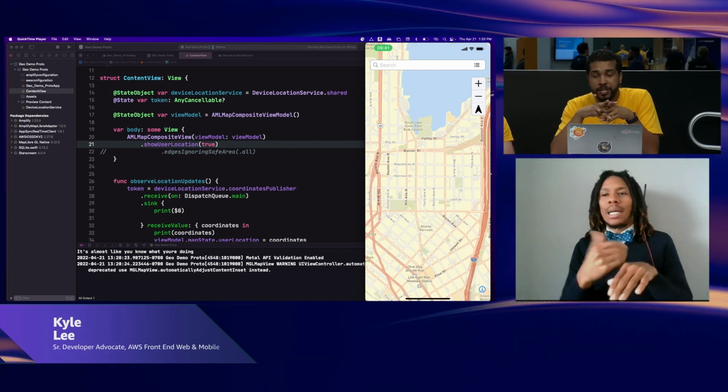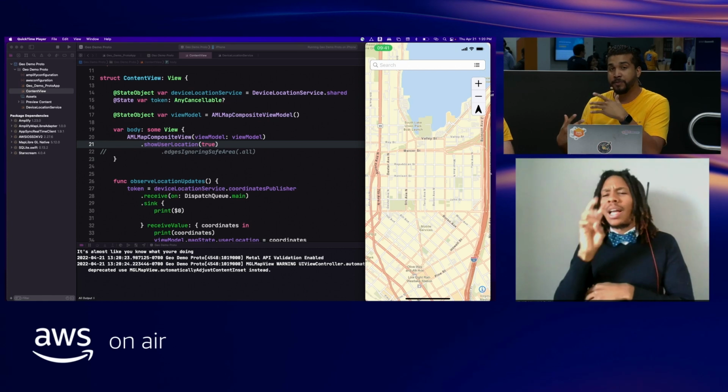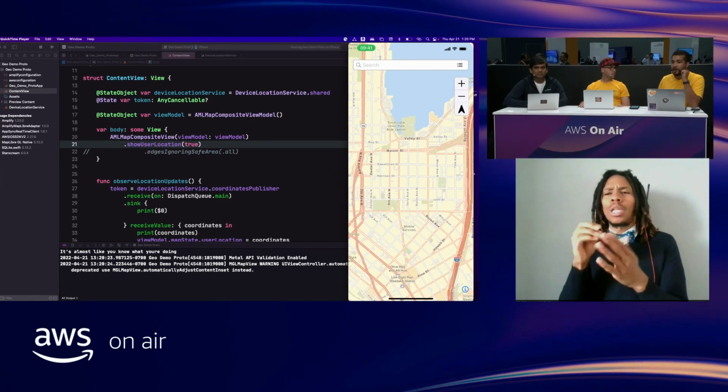Just make sure that you check in the chat right now. There should be a link to show you where to get started using the documentation and all that great stuff. But yes, make sure that you check out AWS Amplify. It makes working with all the different AWS services much easier, and specifically Geo. If you want to work with maps on your app, Geo's the thing for you.